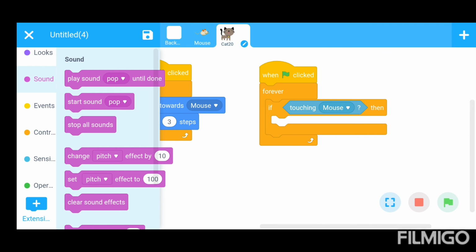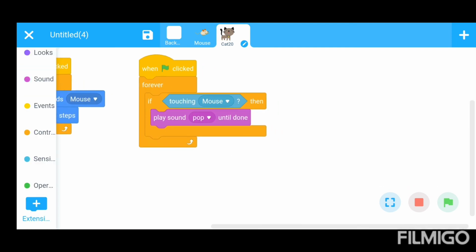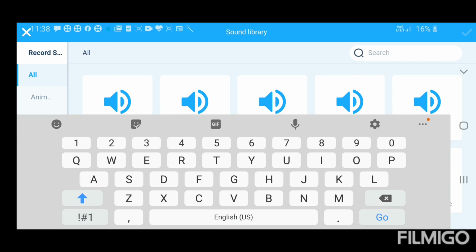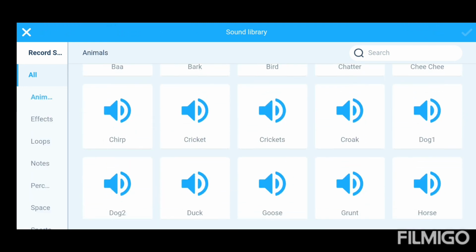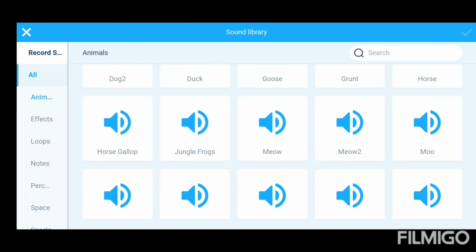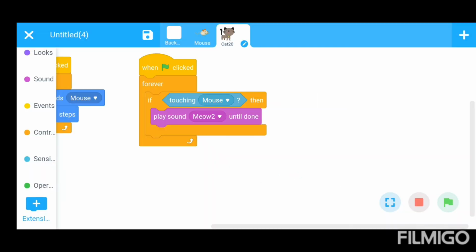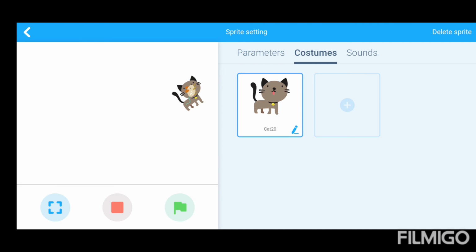Use the first command, play sound until done. Then add the sound. Go to the animal section, there is a meow sound here. Choose it, then run the program.